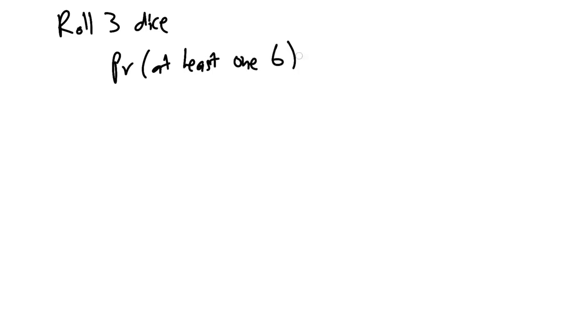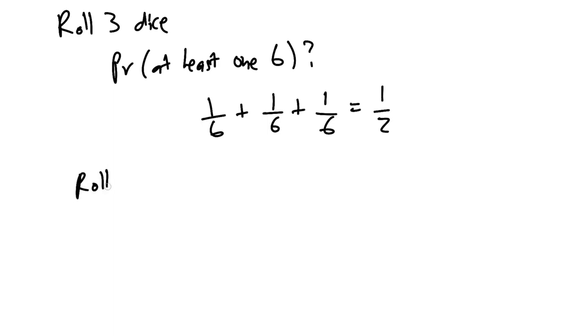What if I said you're going to roll 3 dice, and I want to know the probability of at least one 6? Well, by that logic we had before, I would say it's 1/6 plus 1/6 plus 1/6. That's going to end up equaling 1/2. Now, again, you don't necessarily smell a rat yet until you start thinking it through. What if I roll 4 dice? What if I roll 5 dice? What if I get to roll 6 times and I want the probability of at least 1?